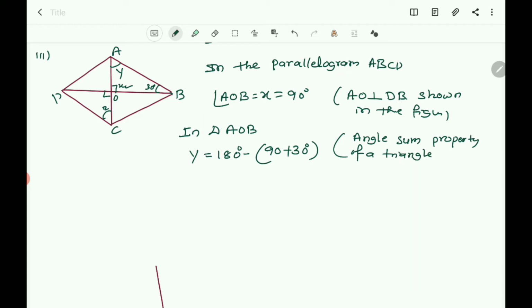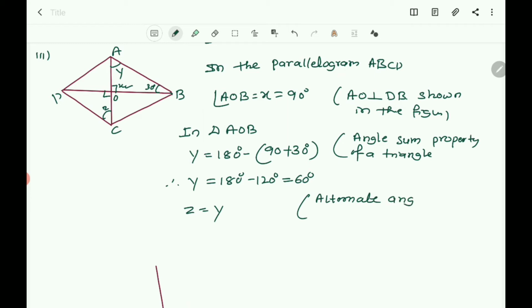Here, y is equal to 180 degrees minus 120 degrees, that is equal to 60 degrees. 180 minus 120 is 60 degrees. So you got the value of y is 60 degrees, and also z must be equal to y. Why must z be equal to y? You know that they are the alternate angles